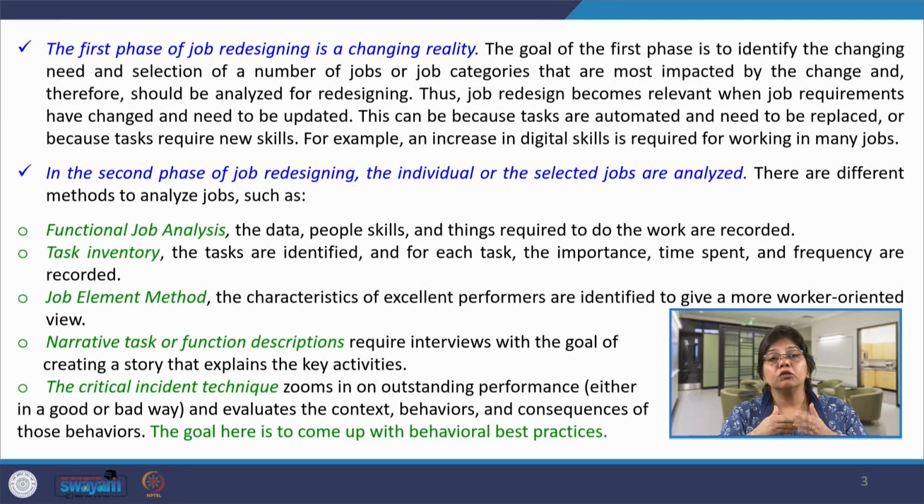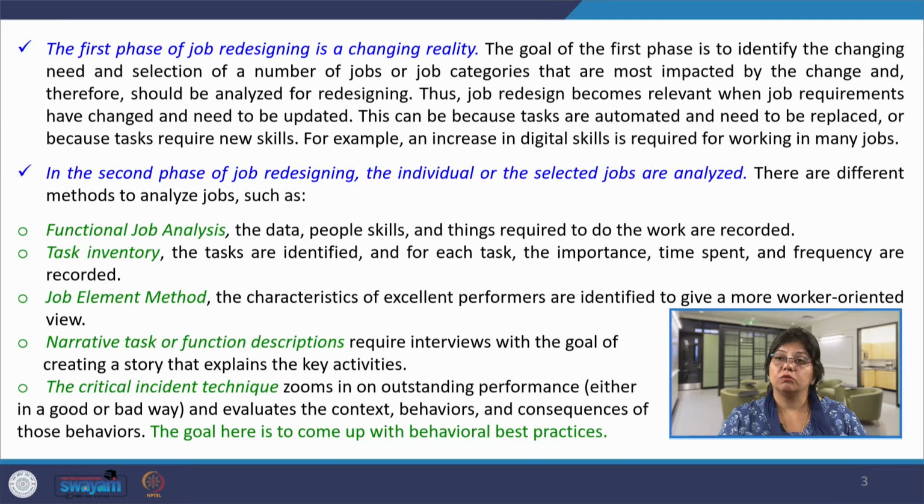When they are into this kind of interaction, the organization tends to get a very clear description of the jobs that are being carried out in any organization, based on the skills, based on the behavioral aspects, and what more is required, which is being very much deliberately expressed by the employee. And the last is the critical incident method. This zooms in on understanding performance either in a good or bad way and evaluates the context, behaviors and consequences